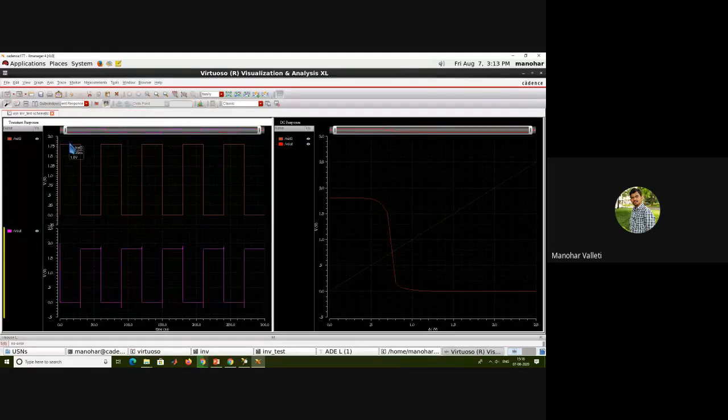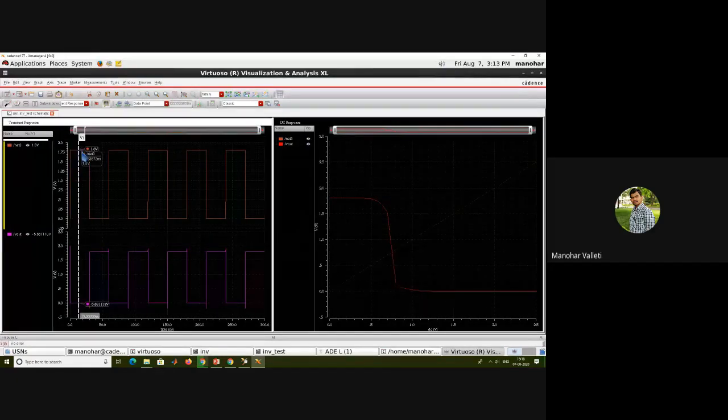You just see if you apply 1.8 volts, you are getting microvolts, means almost zero. You just see if you are applying 0 volts, you are getting 1.8 volts. So inverter operation only, right? So you are checking the functionality.